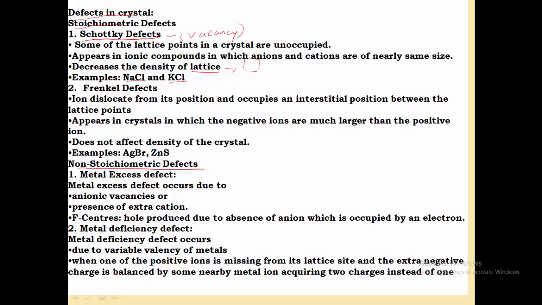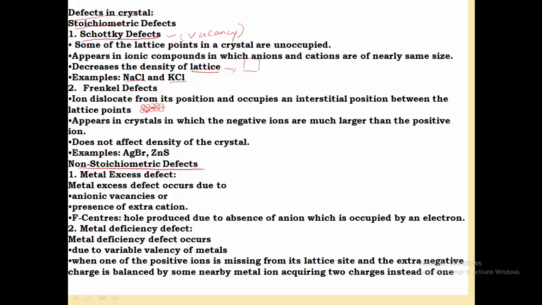And the next one is Frenkel defect. An ion dislocates from its position and occupies an interstitial position between the lattice points. So if you observe the arrangement of particles, here you will see the interstitial space, and the ions will occupy that interstitial space. From the original site to